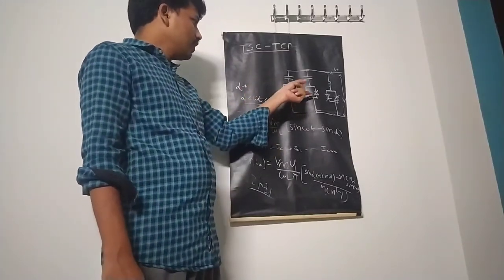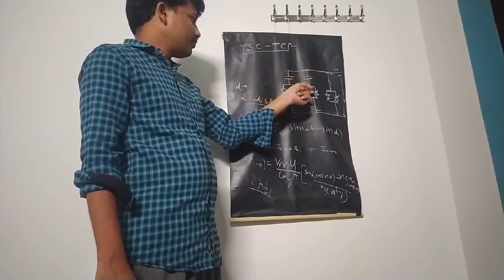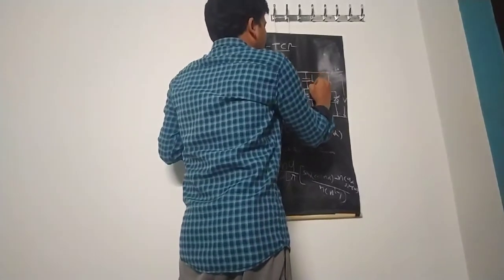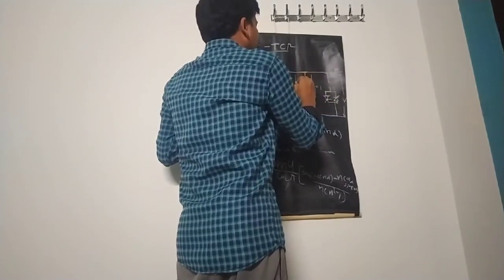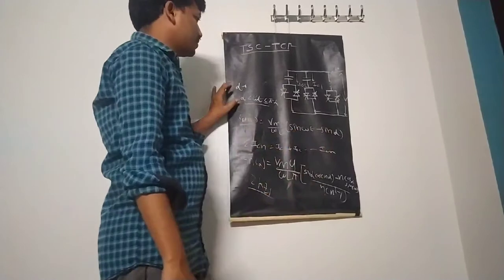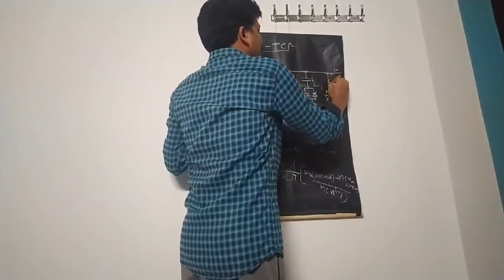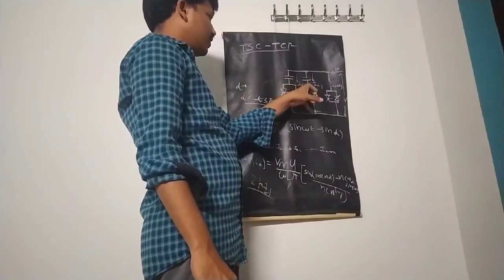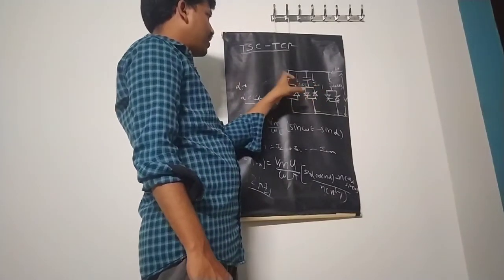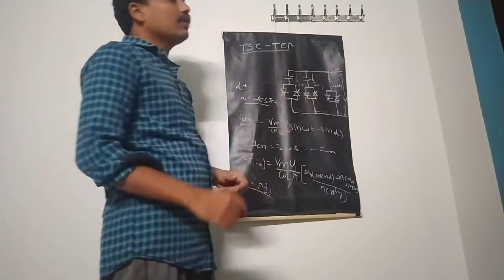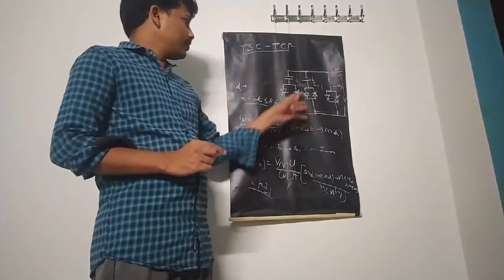And similarly, when you connect the TSC, first you connect one TSC, it draws a current, for example, IC1, and the next current is IC2 and so on. We connect a number of TSC branches, and the current through the reactor is I_L of alpha. So if you sum up these currents, because all the TSC branches are in parallel, we get IC1 plus IC2 plus so on up to ICN, based on the number of TSC.